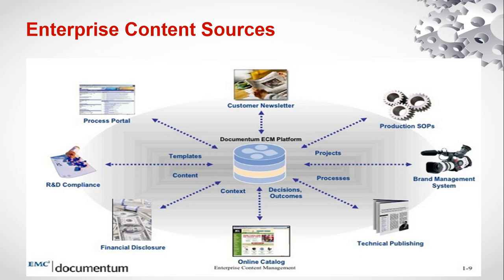Let's say we have one logo generated from the brand management system, and we have stored it in the enterprise content management system. And after 2, 3 years or 5 years, we have rebranded our company, or we have redesigned our logo. Then we have the latest version available, and we have to push that latest version to the ECM platform. So like this, from any of the components we are seeing here, every component generates a lot of enterprise-level content. That kind of content we store in the Documentum platform, and the Documentum platform manages it.